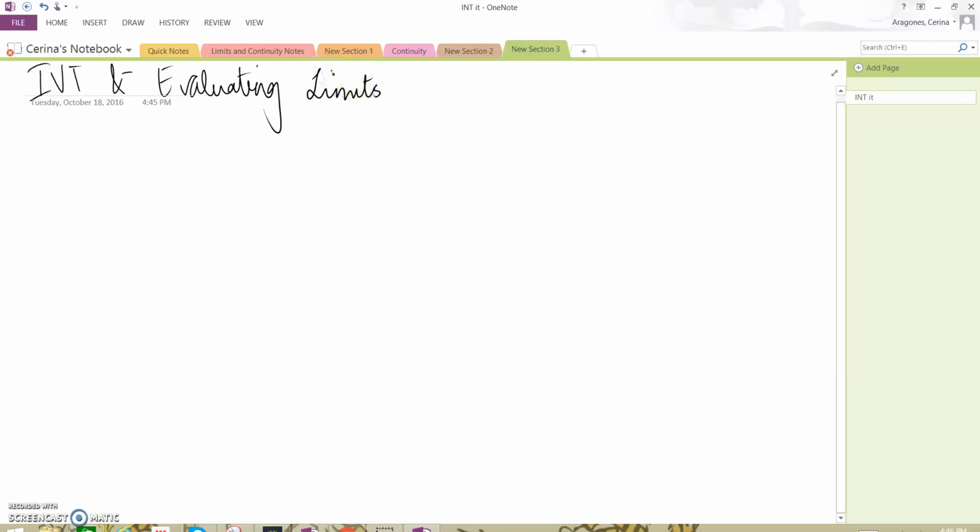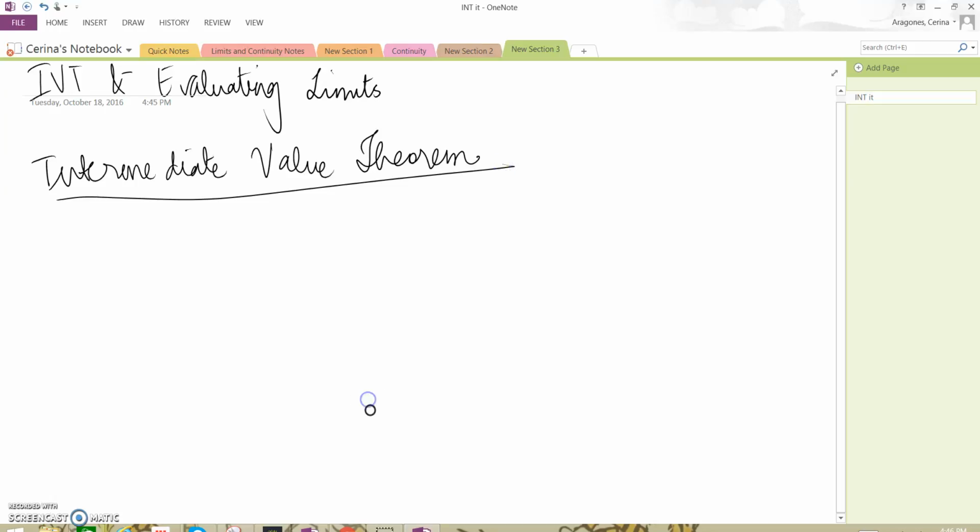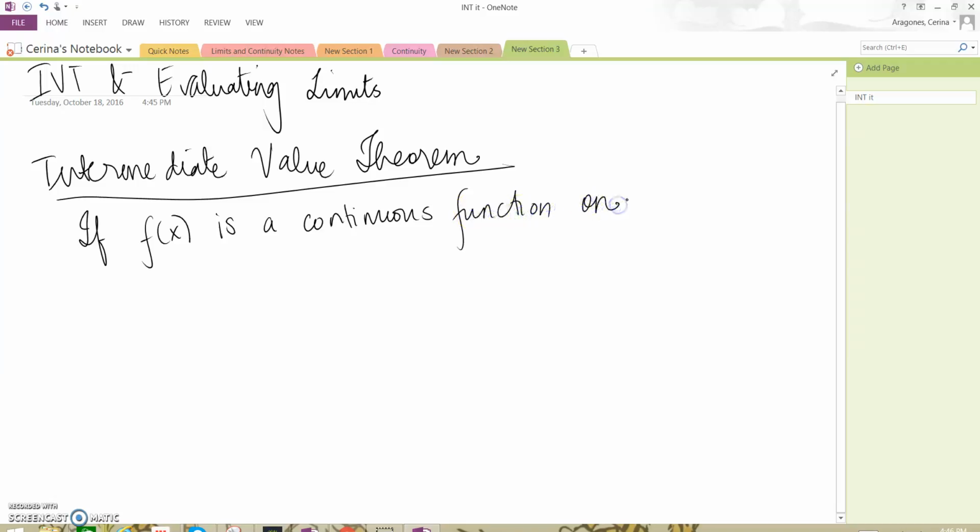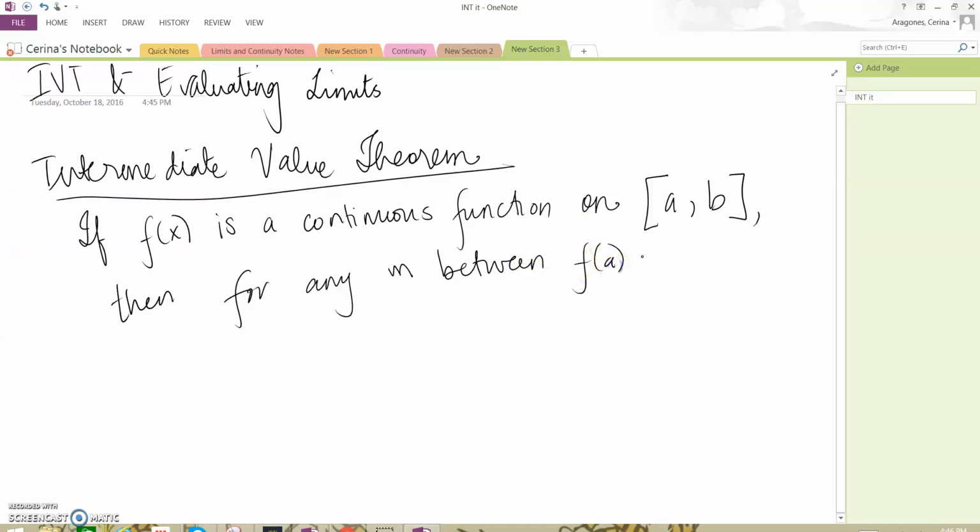If you remember in the last video, we talked about the intermediate value theorem, which says that if f of x is a continuous function on the interval a to b, then for any m between f of a and f of b, there exists